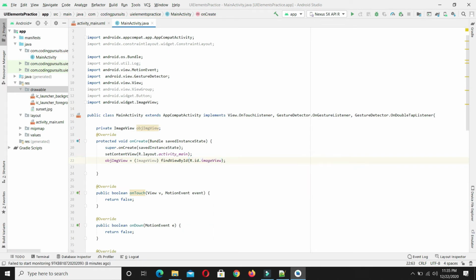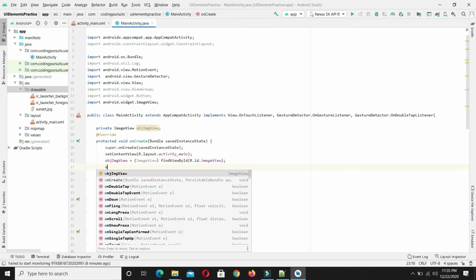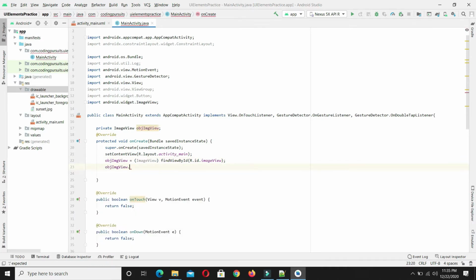Okay, our image view has been accessed. Now let's set the touch listener. And we are going to receive the touch listener in this class. For this reason we have selected this.